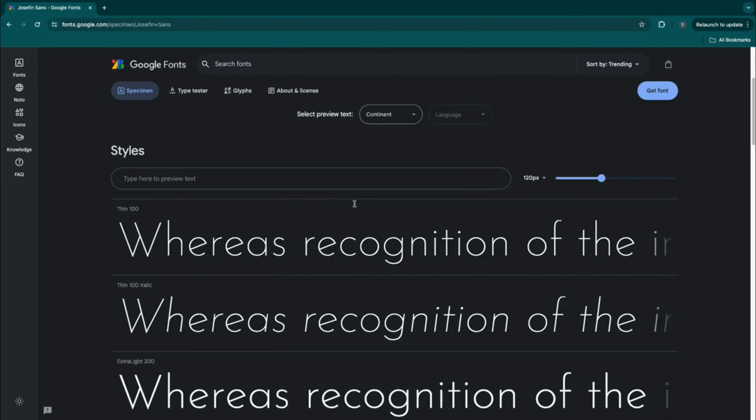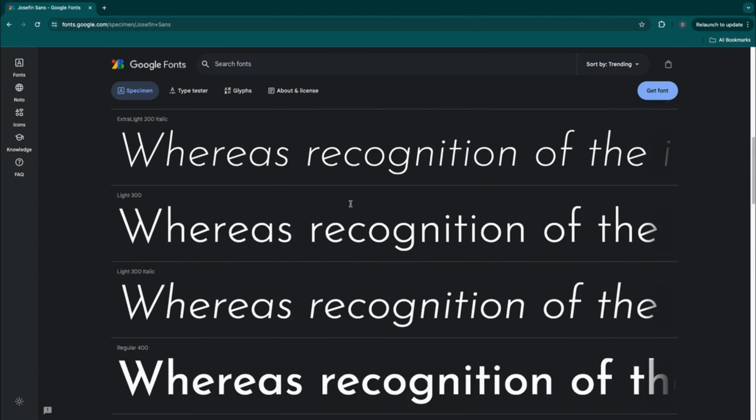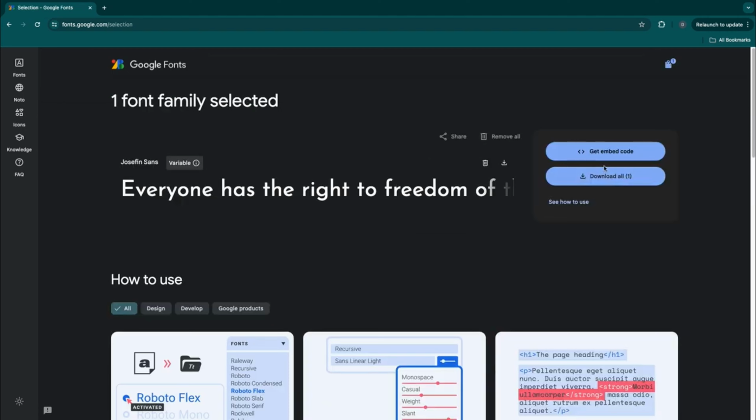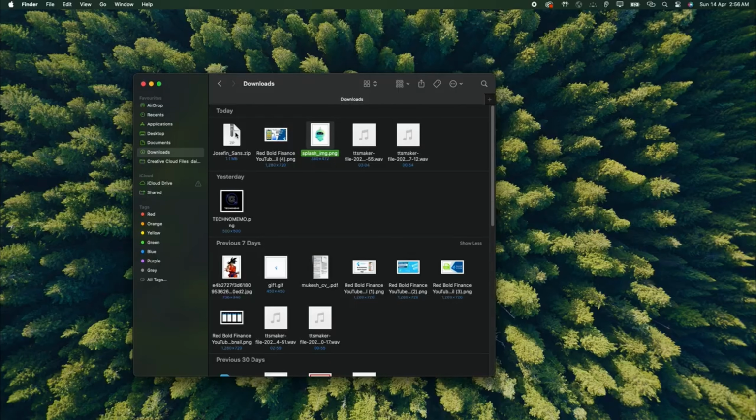Okay, now let's add a custom font for that. So go to the Google Fonts site, and from here select any font which you want. I have selected this Josefin Sans font. Now here tap on this get font option, then download it, so it is downloaded. Now go to the downloads folder, and then unzip this file, and now come into this folder,